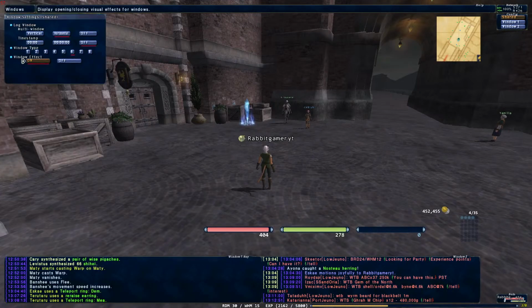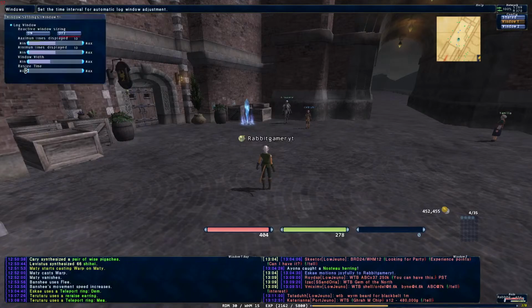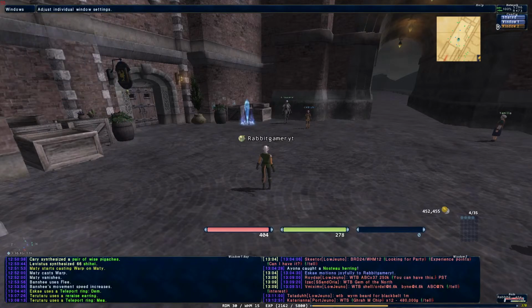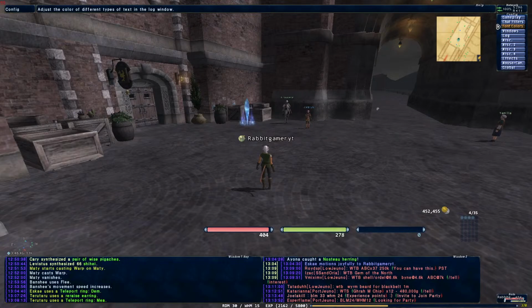So we've separated our two windows from vertical to horizontal now. We've removed the timestamps, we've changed the window background, we've set the maximum lines to 10. This is just a test, so while I'm doing that, I'm also on OBS, so although you can't see what I'm doing, I am looking at other windows, and with the other window it is